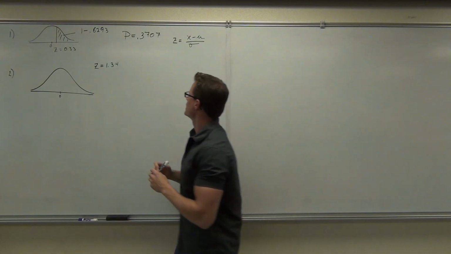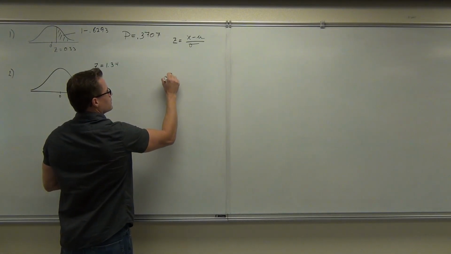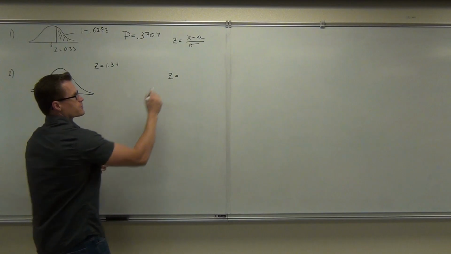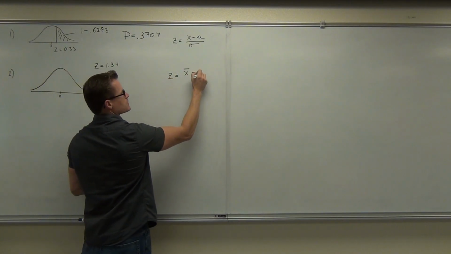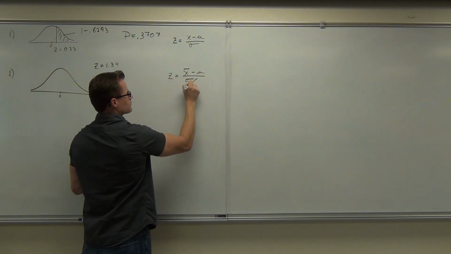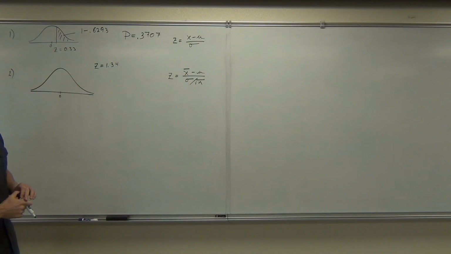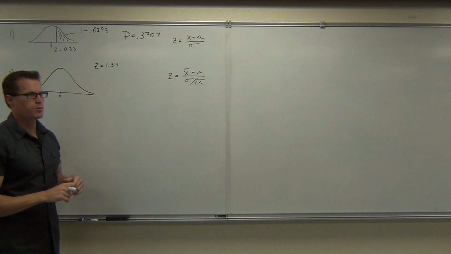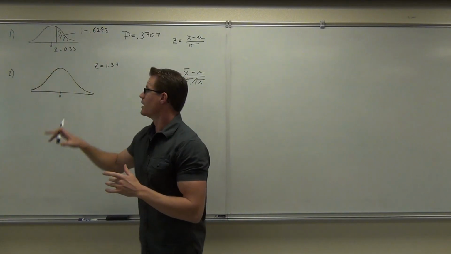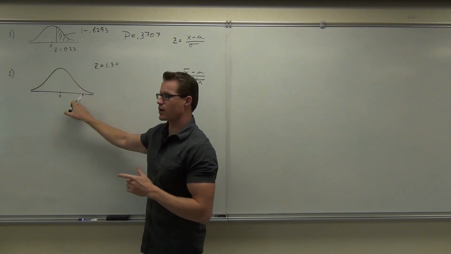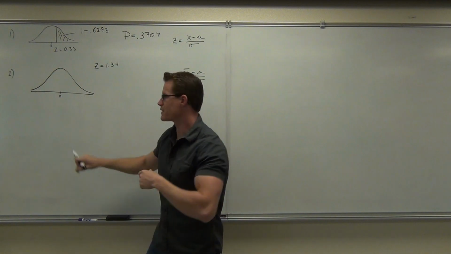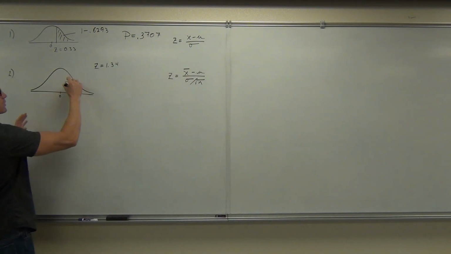So in our case, we did the formula for z-score, x bar minus mu divided by sigma over the square root of n. And this gave us our z-score of 1.34. Already you can see that this z-score is further away from our central score of 0. It's further away than that. We'll still put this on our chart, so we have